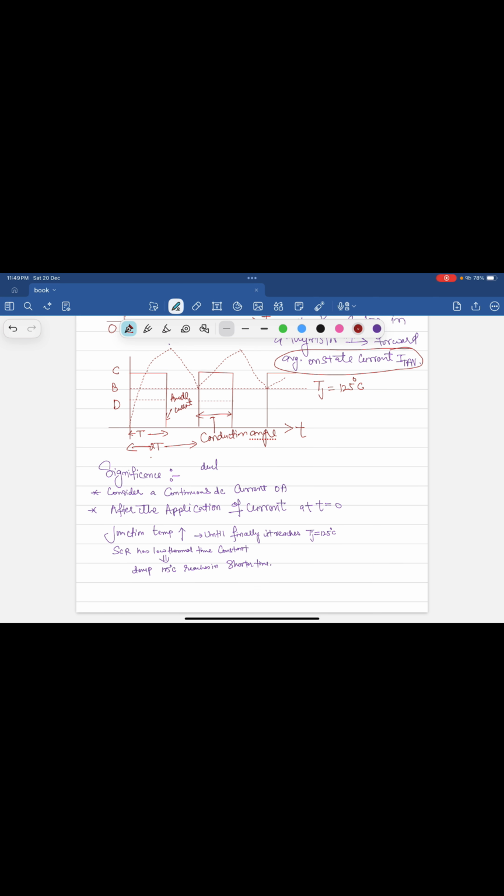Why? Because SCR has a low thermal time constant. This is very important. Students should remember that SCR has a very low thermal time constant, so it reaches the temperature very fast. The temperature of 125 degree is reached in a very short time. The problem is not the temperature. The problem is that it is reached in a very short time. The time span is very less and temperature